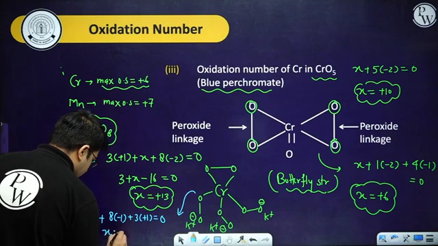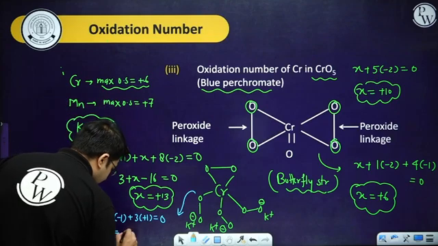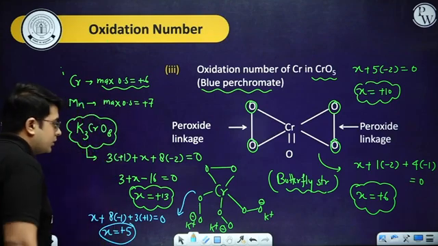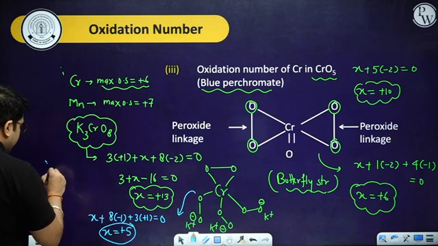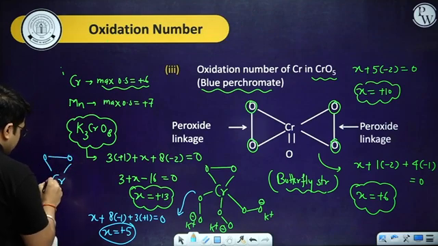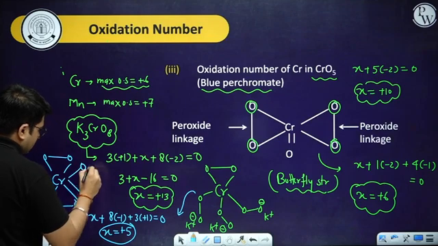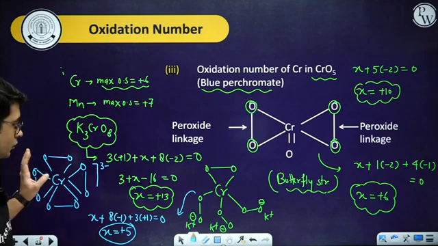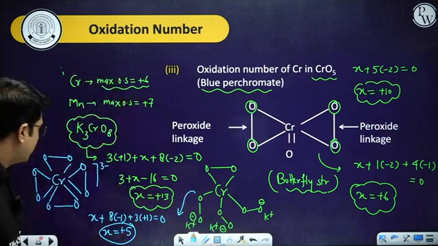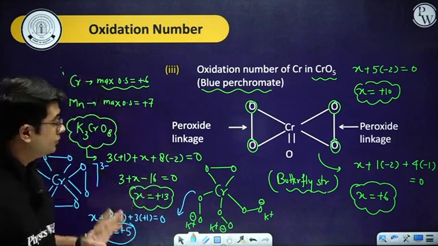And you can say X will be equal to +3 minus 8, that is +5. So that will be +5 in this particular case. Okay, I hope this entire part is clear. You may find this structure like this also, so don't get confused. If it is present in the ionized form, then it will look like this only, and that will be 3 negative. So don't worry, if something looks like this or like this, everything is going to work. In both the cases chromium will have only +5 oxidation state. Okay, I hope this entire part is clear.